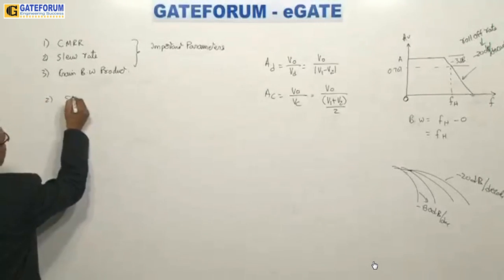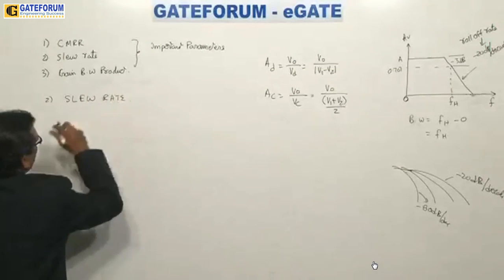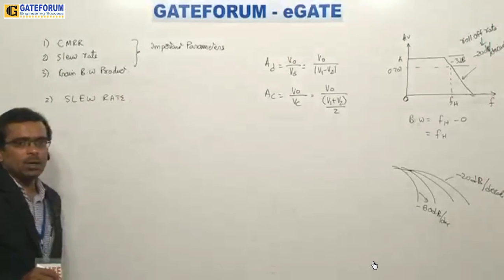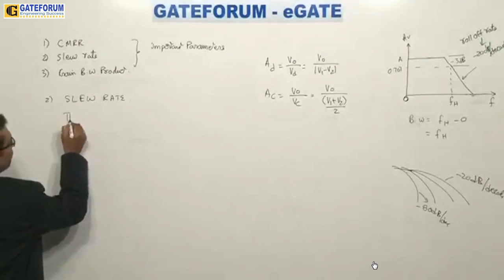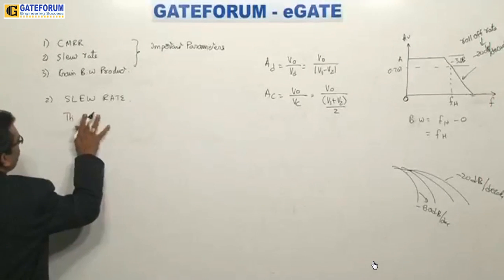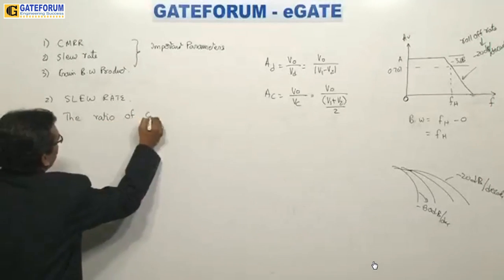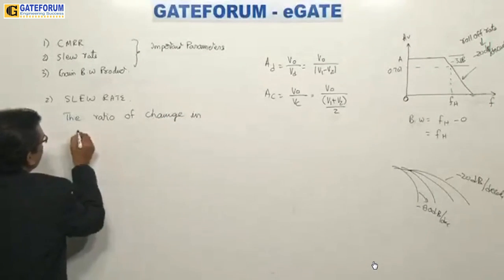The second one, slew rate. Now you try to see here, this is a very, very important term. The slew rate is defined as the ratio of change in output voltage